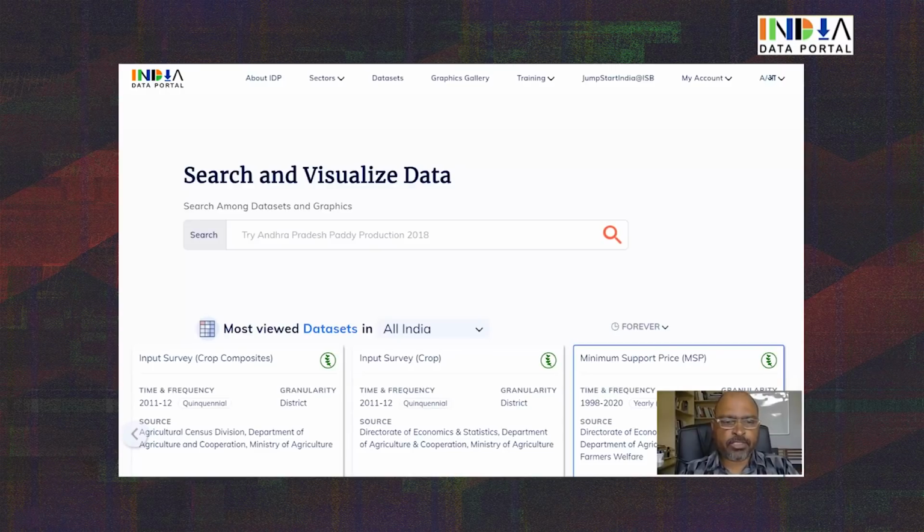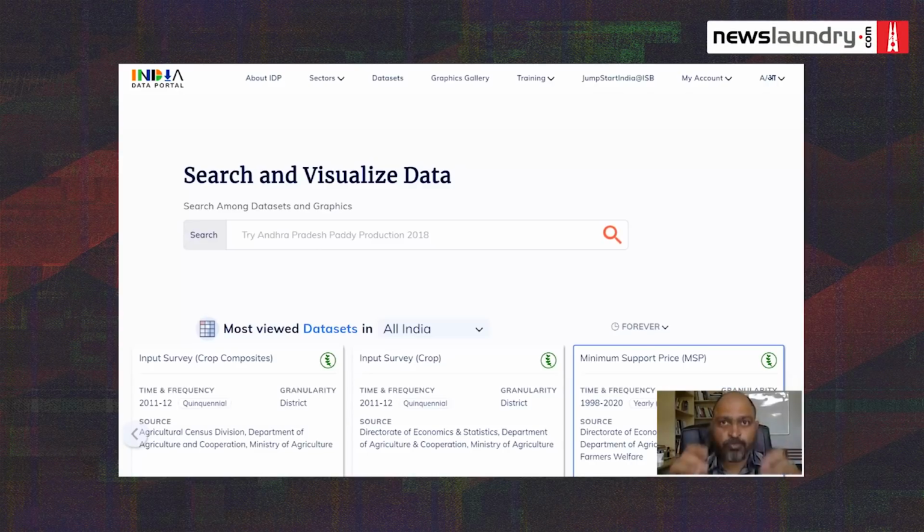I will take a few minutes to lay out what we wanted to start and accomplish. I hope you can see my screen. This is the landing page of the India Data Portal. The ambition is to put all publicly available data in ways that can be linked to each other.